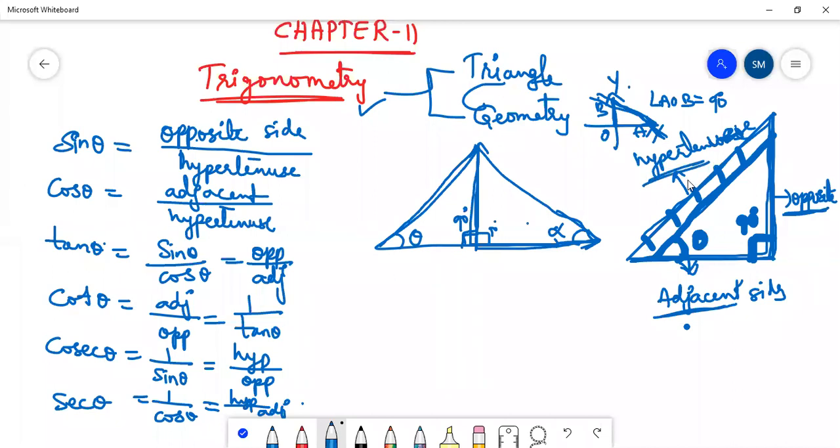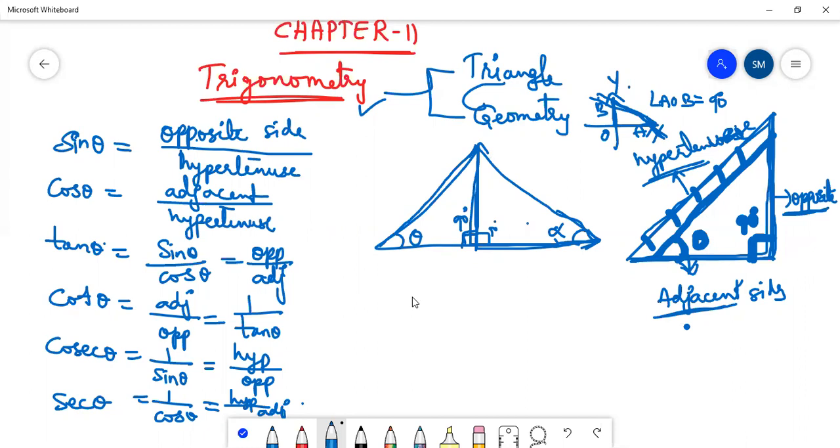In this, we can take theta as the angle between the ladder and the earth. Again, the vertical axis and horizontal axis make the right angle triangle. In such cases, if we know the angle of the slant side in that right angle triangle, then the ratios can be found, that is sine, cos, tan, cot, cosec, sec. These are all ratios of the right angle triangle sides.